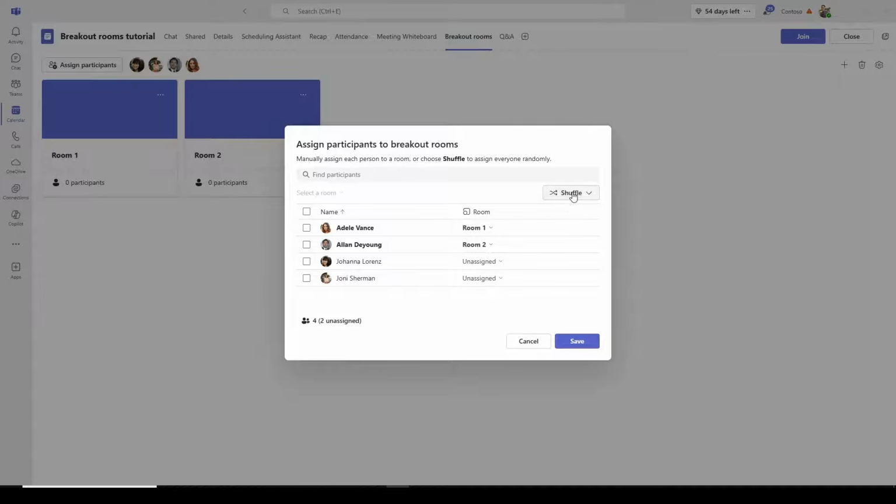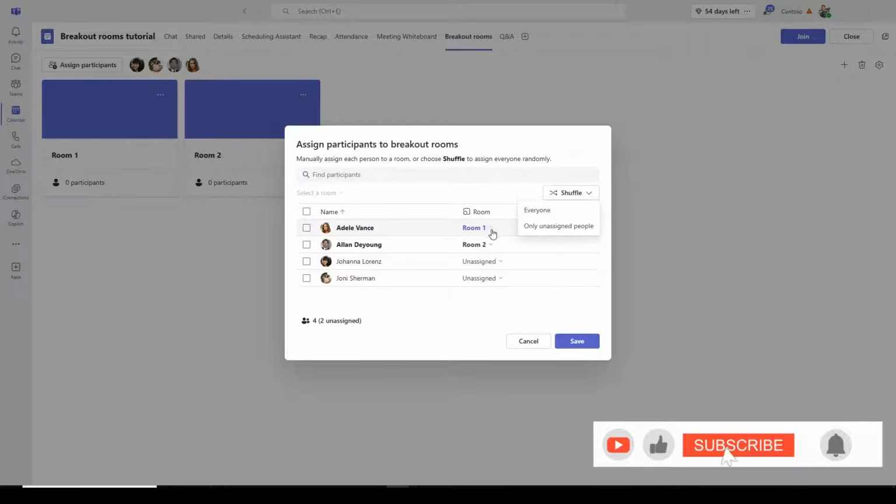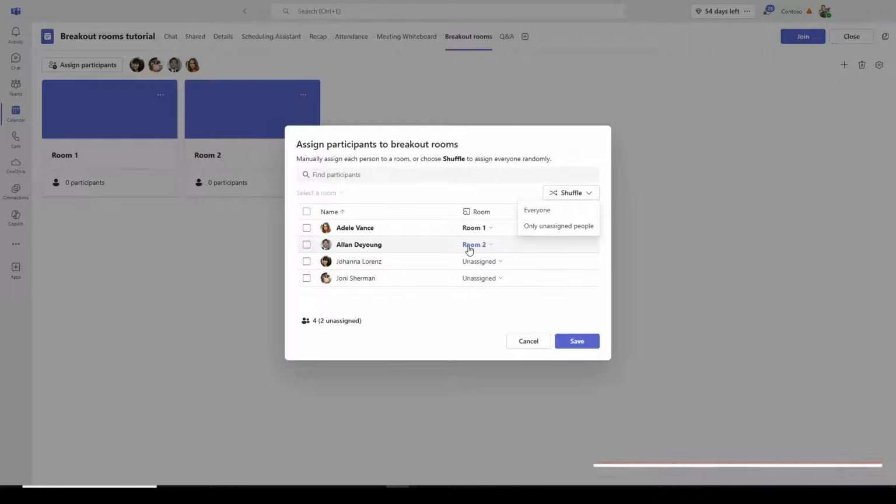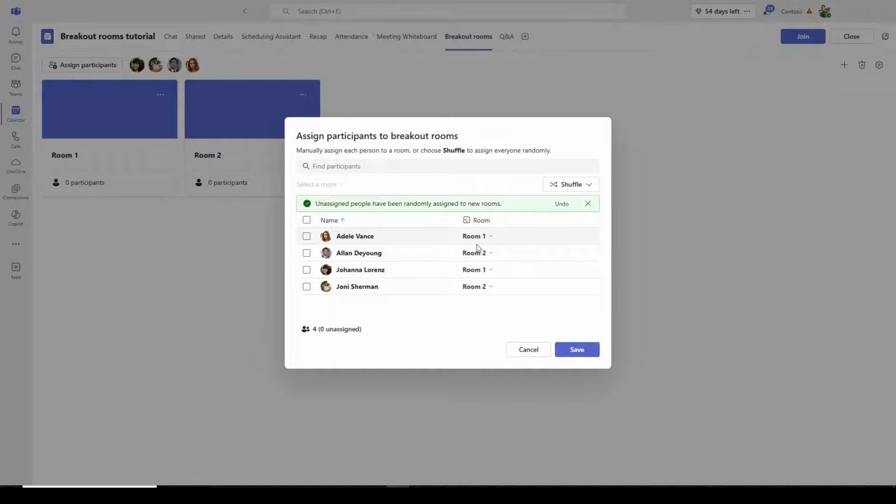So you can select the shuffle option here. And you can say, I want to shuffle everyone, including Adele and Alan, so I want to remove their rooms. We've already assigned their rooms, so we don't want to do that. Let's select only unassigned people. And now if I say only unassigned people, it's going to leave Adele in room 1 and Alan in room 2, but Joanna and Johnny are both going to be assigned automatically to some rooms that